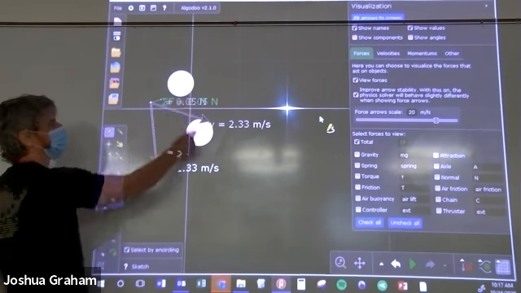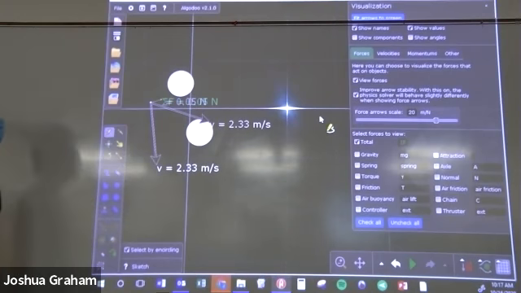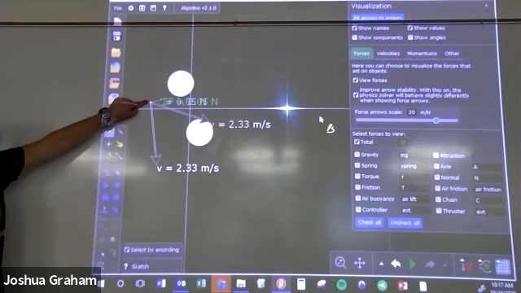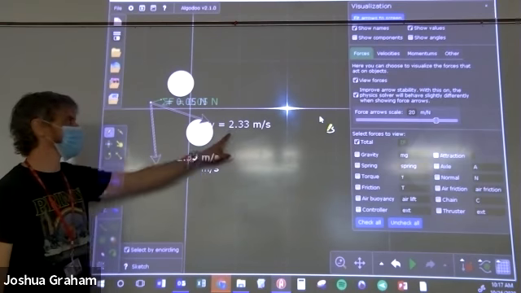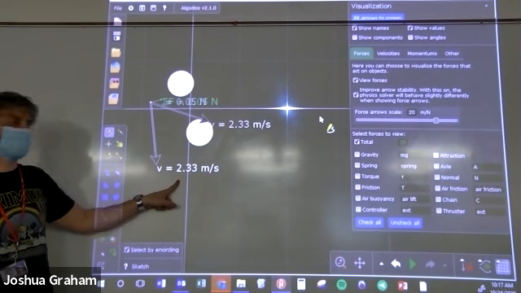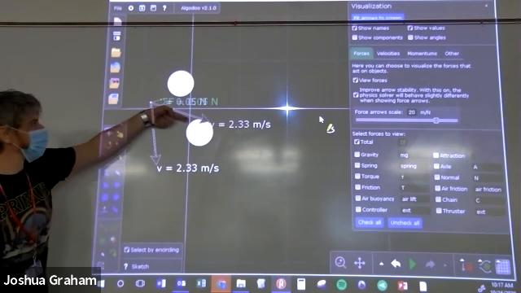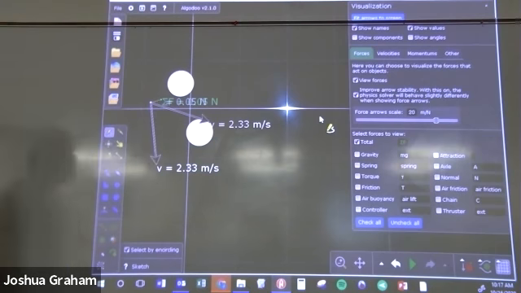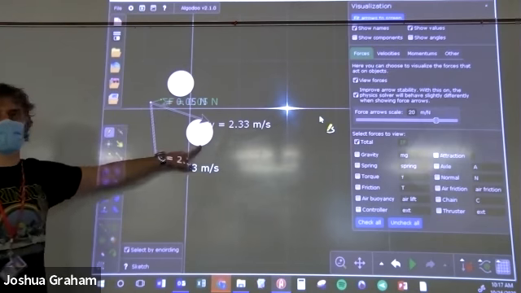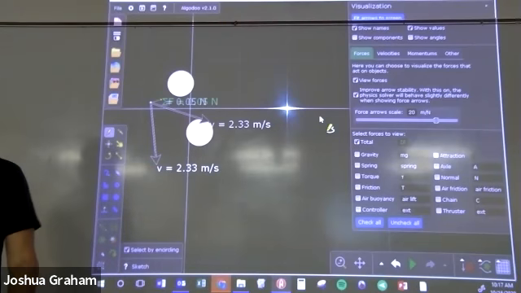I have 2 masses, let's say they're stars, and then I have 2, let's say they're asteroids. They're both starting from the same location, and if you notice, they have to start with the same velocity, 2.33 meters per second. Both of them start with the same velocity. One is pointed this way, though, and one is pointed that way. Now, if the forces exerted on those 2 objects by these 2 large objects are conservative, then